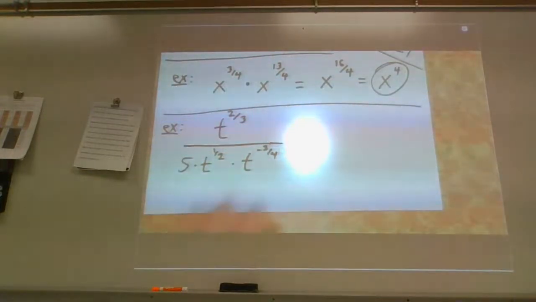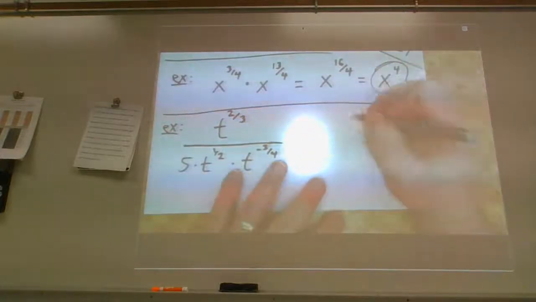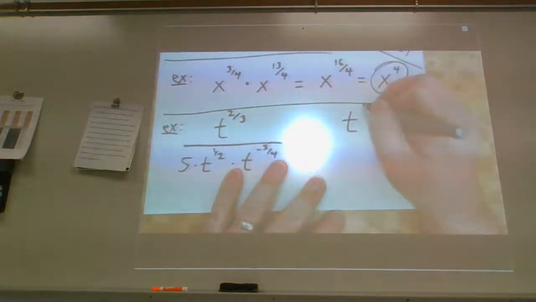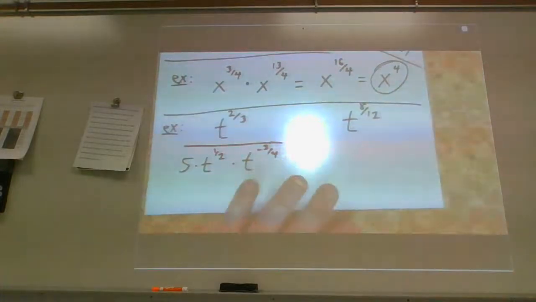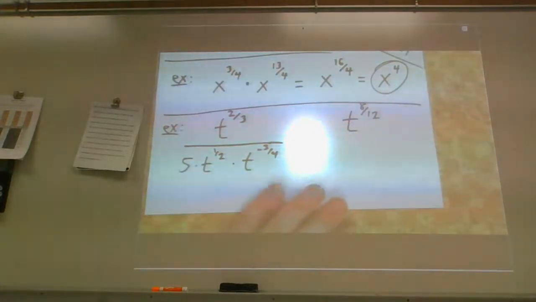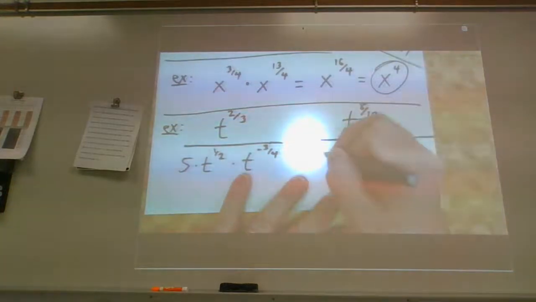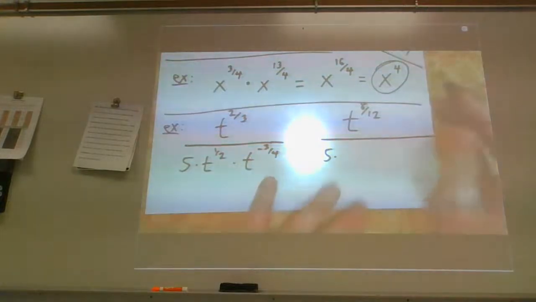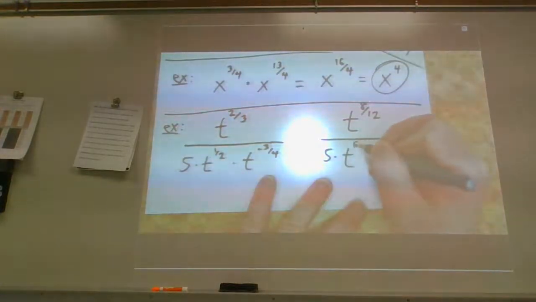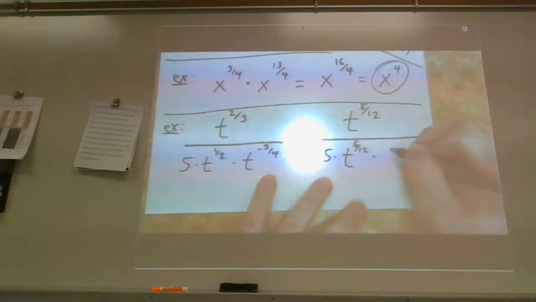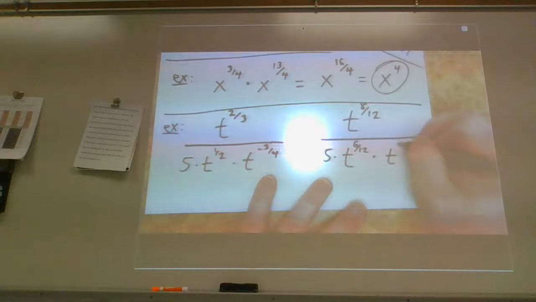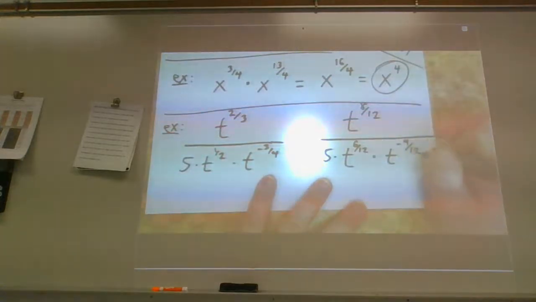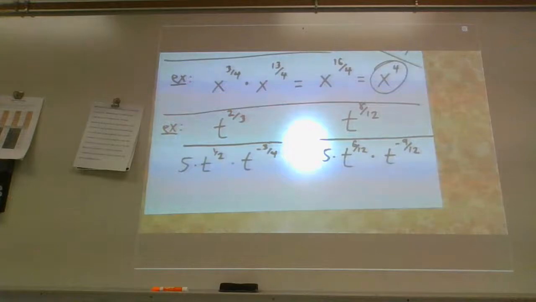So I'm going to have to rewrite this problem as t to the 8 over 12, because I'm multiplying that by 4 and 4 to get the common denominator, over. This 5 is just going to hang out for the time being. The 5's not really going to do much. T to the 6 over 12 times t to the negative 9 over 12. It is in our best interest to find those common denominators, since we know that we're going to be adding and subtracting